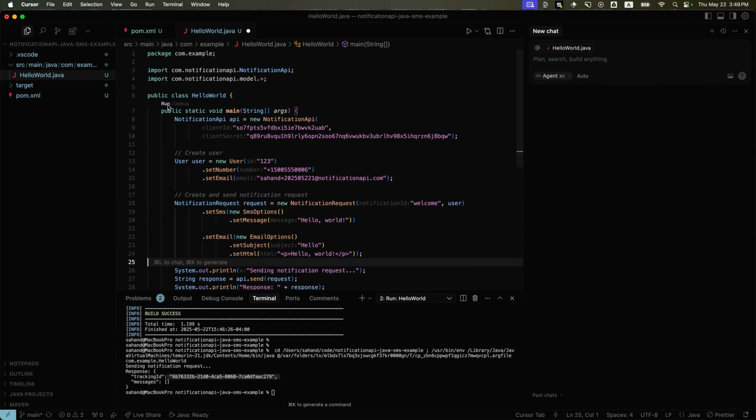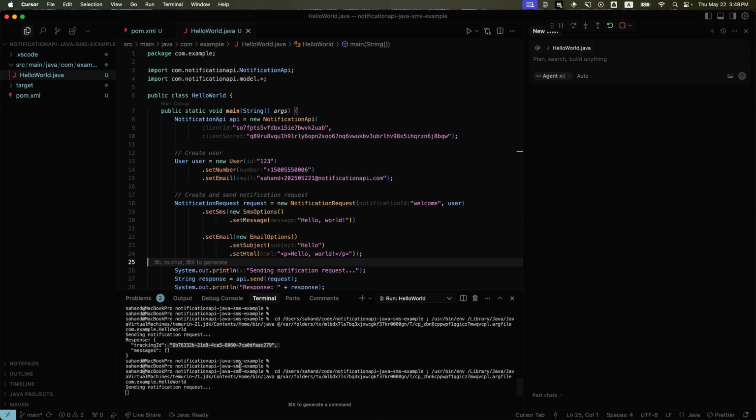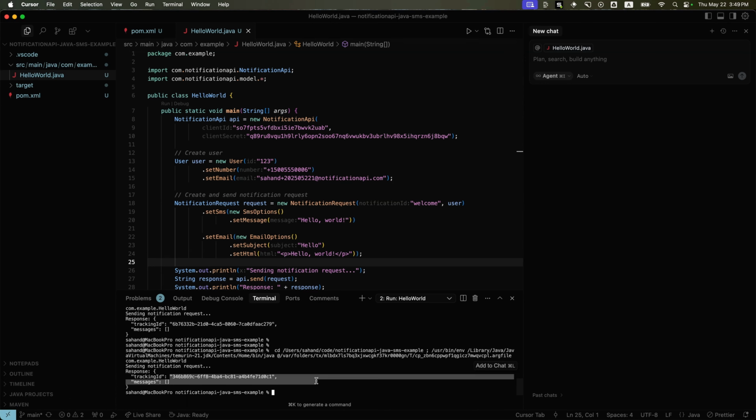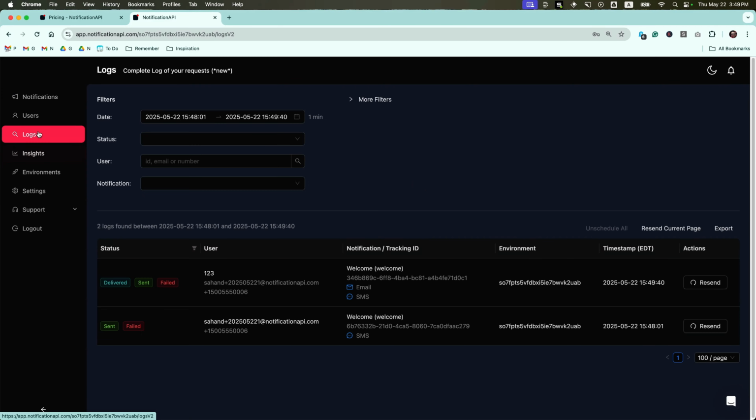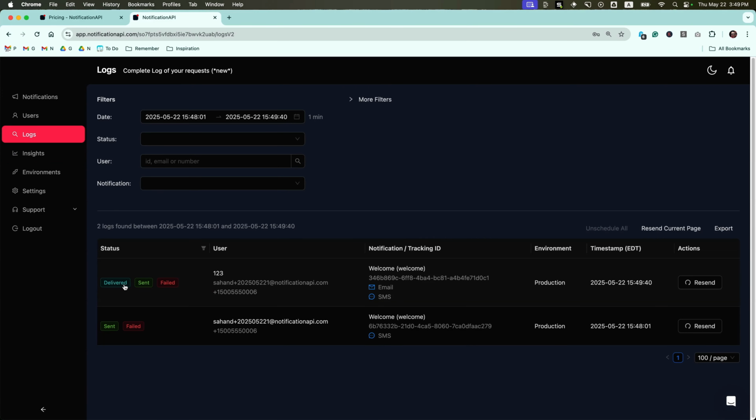Let's run it again. Done. We got the tracking ID. And if you go back to the logs, you'll see our new notification being sent, delivered over email, failed for SMS because the number was not real. And by the way, this is my real actual email address, not this number, but